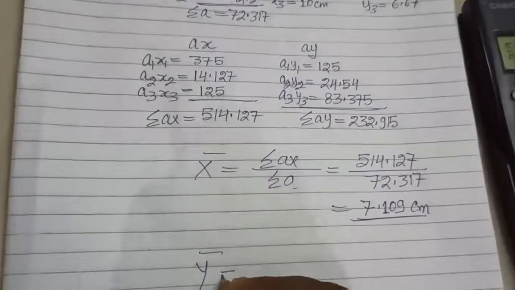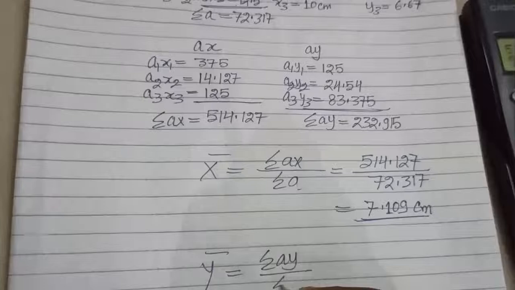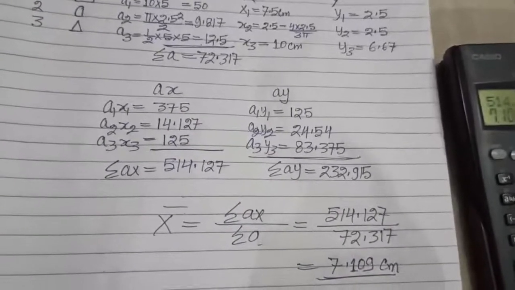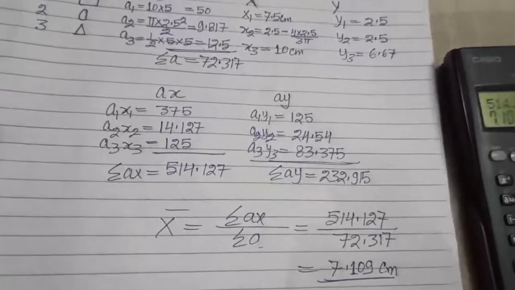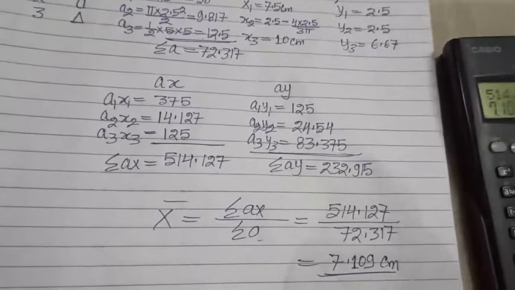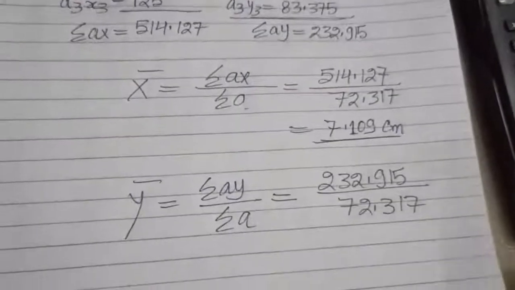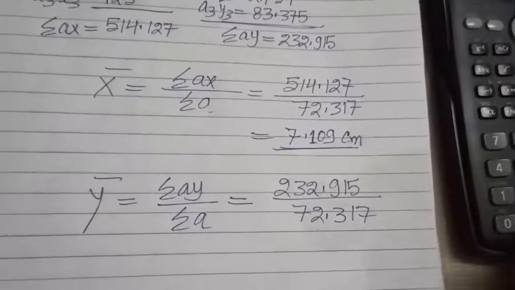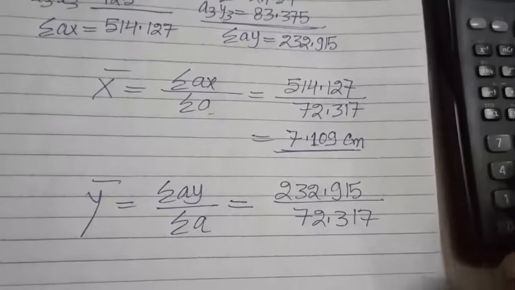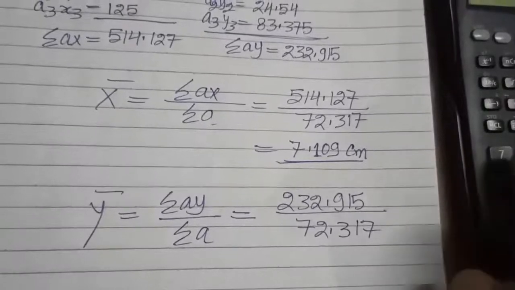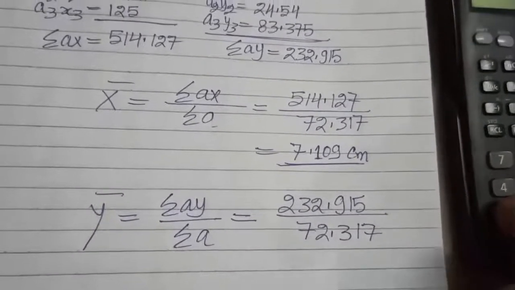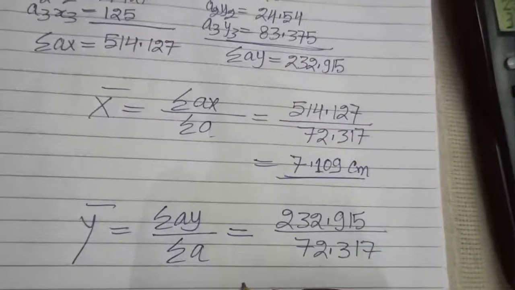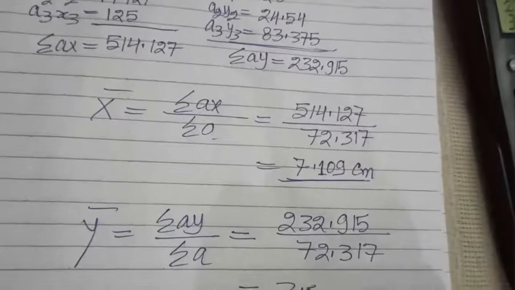Now Y bar is summation AY upon summation A. So this is equal to 232.915 divided by 72.317. So this will give you 3.22. So Y bar is